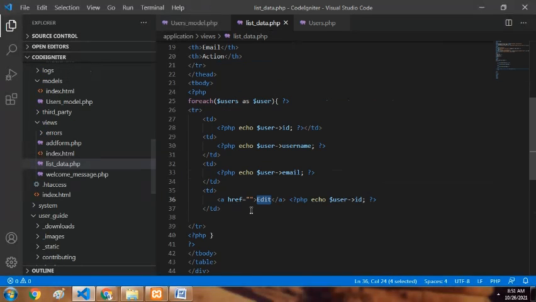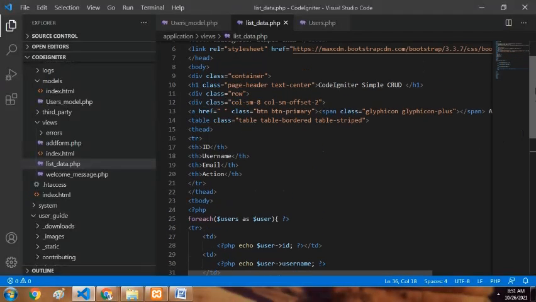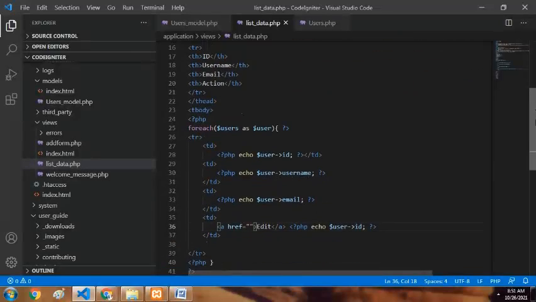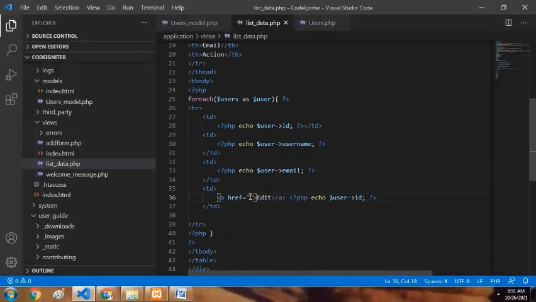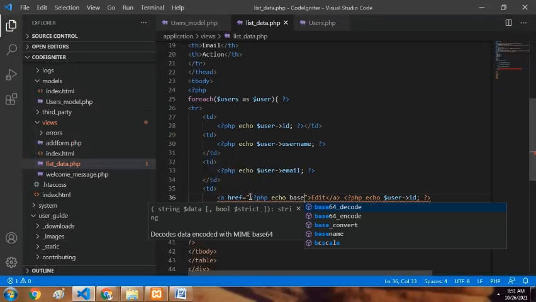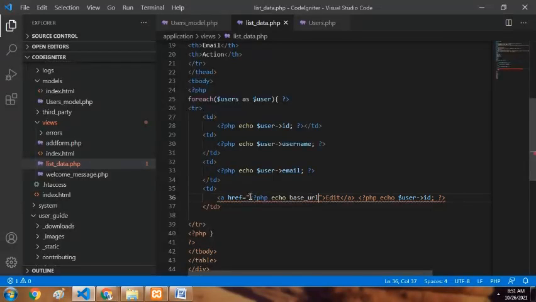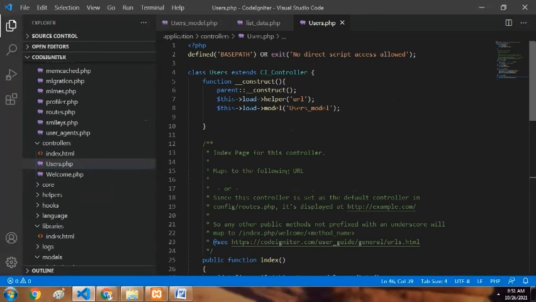Before that, I have to link to that edit functionality in our controller. For that, we can just call echo base_url. We already saw the function base_url. It will work only if we load the URL helper in our controller.